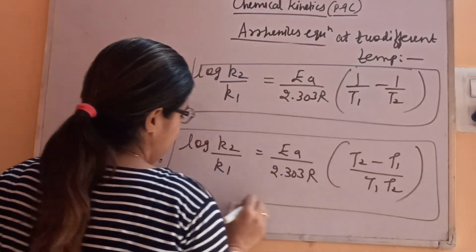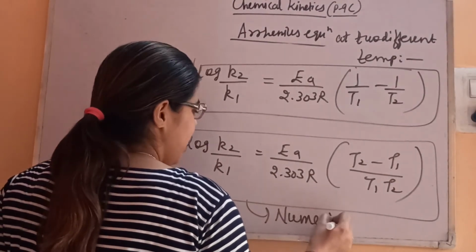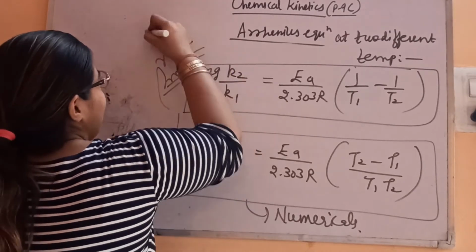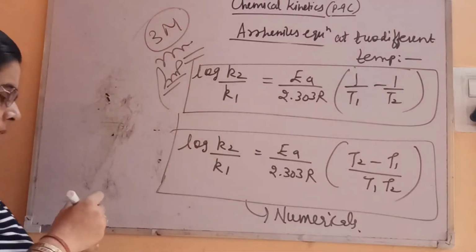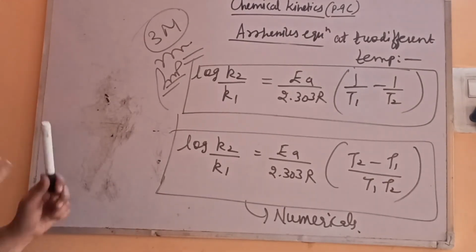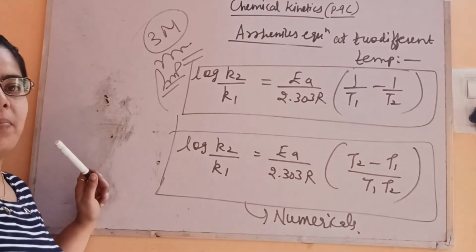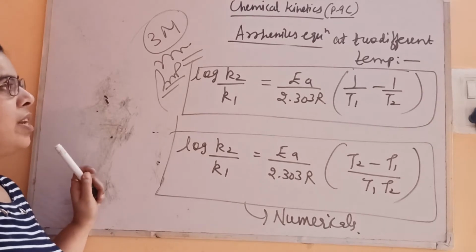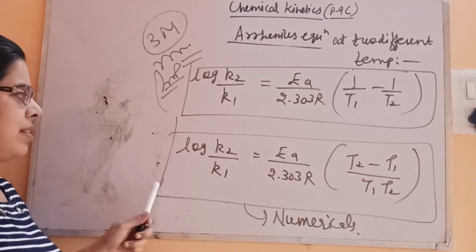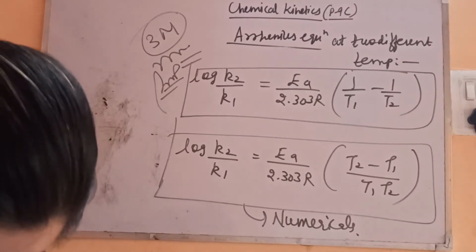So this is the equation which you have to use for solving numericals, and it's very important. A 3 marker question will always come in the exam. 3 marker every time. It's very important. You just go through the CBSE previous year papers, you will find this question has come many times in the exam. Fine. So this is about the Arrhenius equation at two different temperatures. At one particular temperature it does not have that much significance. This is the equation that we have to use for solving the numerical. So now let's take one numerical. Let's solve it.